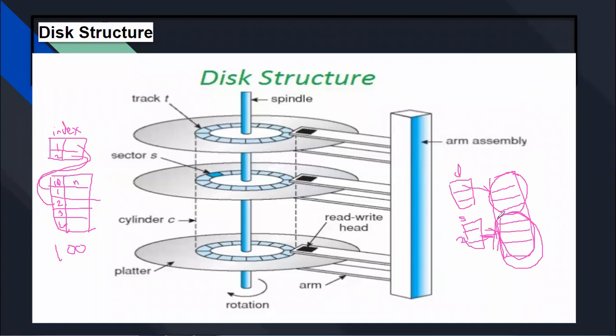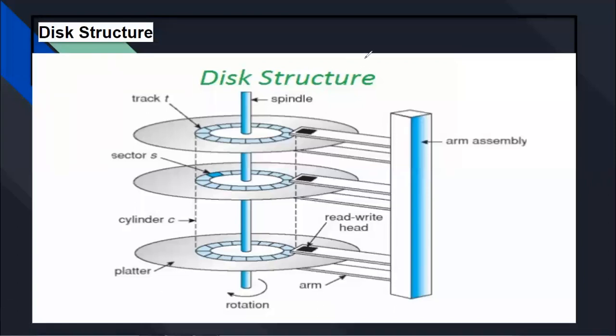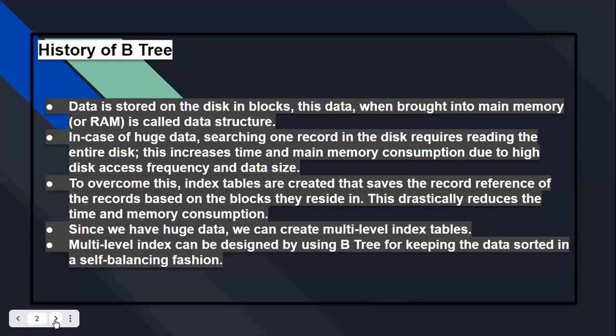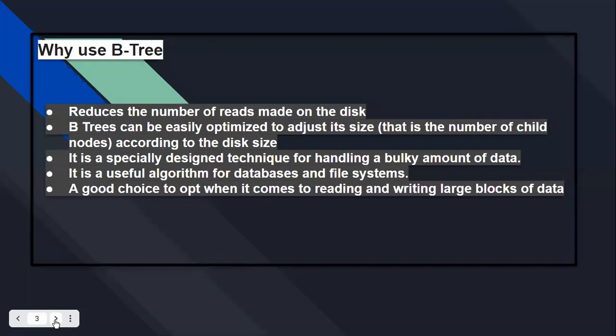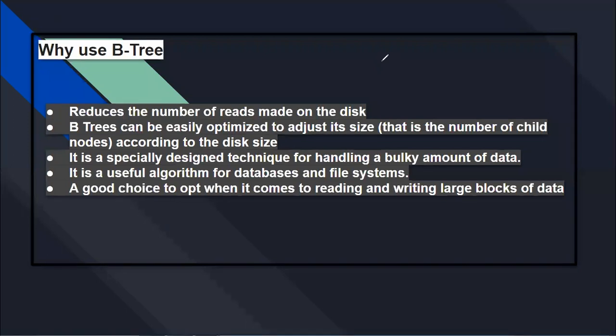So according to that index, we have to manage the tree data structure. So I hope you're even clear now the history of this structure, so that you can easily understand what B tree is. Okay, so dear students, I hope everyone is clear now. Fine, so we'll focus on the next part here so that you can clear our main agenda, today's agenda. Okay, so we have seen the history of that. Okay, so why use B tree? So we have seen this point again, it reduces the number of reads made on the disk. Yes, we have to reduce this, that's why we have cleared the basic concept of it.